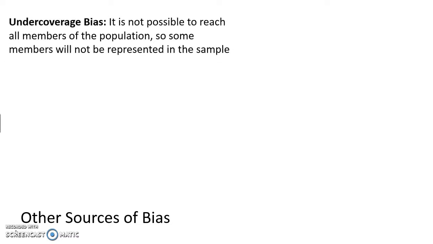There are additional sources of bias when sampling. Suppose you've already designed a well-thought-out sampling method, there are still things that can go wrong. So for example, one thing is undercoverage. Let's say certain members of the population could not be surveyed. So let's say we randomly selected 100 cell phone numbers of teenagers, but not all teenagers have cell phones, so all those teenagers without cell phones would be excluded from the sample. This is undercoverage bias.